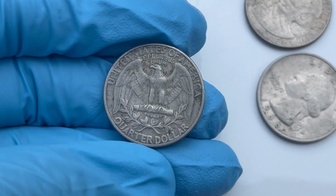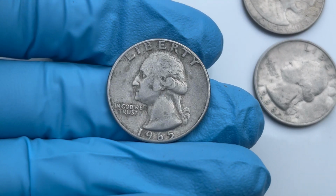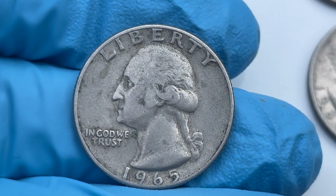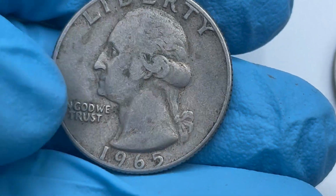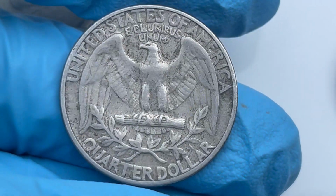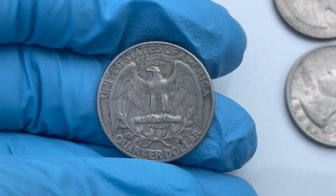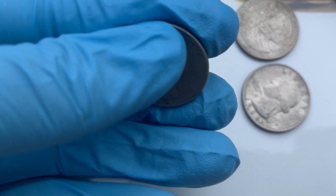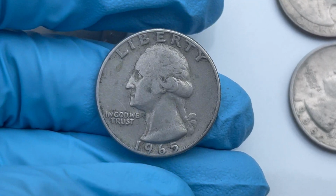Alright, now you know what to look for. But here's the thing, time is not on your side. Every day, these rare quarters are getting pulled out of circulation, found, and locked away in private collections forever. So don't wait. Check your change tonight. Look through your drawers, old purses, glove compartments, and that stash of vacation money you keep hidden. You could be sitting on a fortune and not even know it. And here's my warning, if you think I'll do it later, you won't. Don't be that person who finds out their old quarter was worth $1.5 million after it's already been spent on